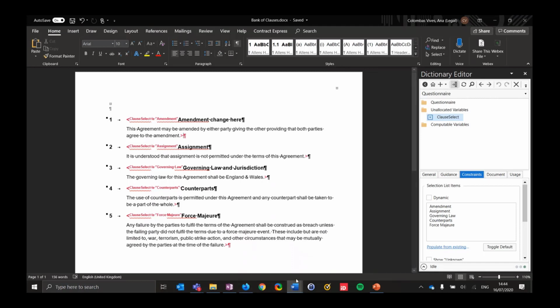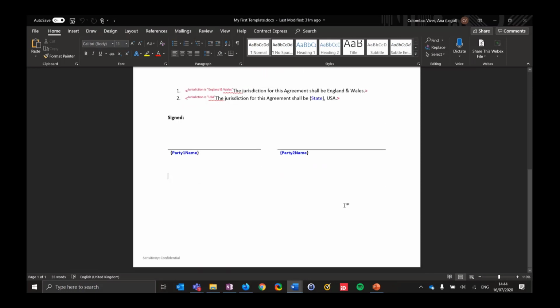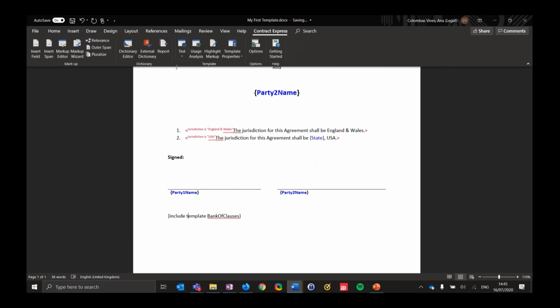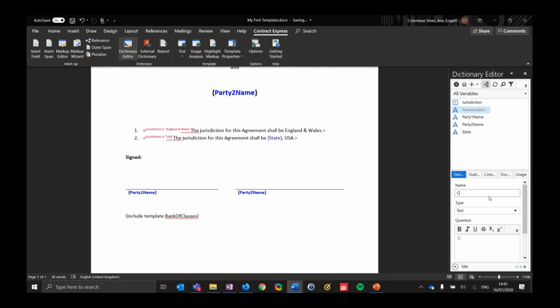Probably the easier version of it is that, like you can see, because I've got my question clause select here, what I can do is, let's go to my first template since that's quite easy. And let's say I wanted to include a standard clause here. I would say include template, and then my template reference, which I know is bank of clauses. And then the next thing that I would do is just create a variable that matches the one in my bank of clauses, called, in my case, clause select, to give my user the option to select from that list of